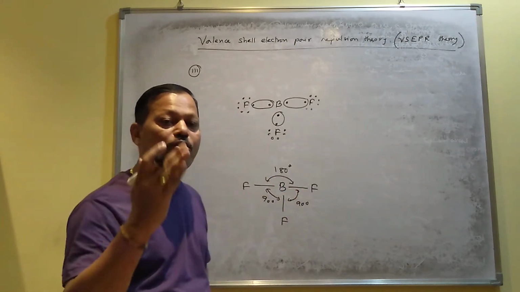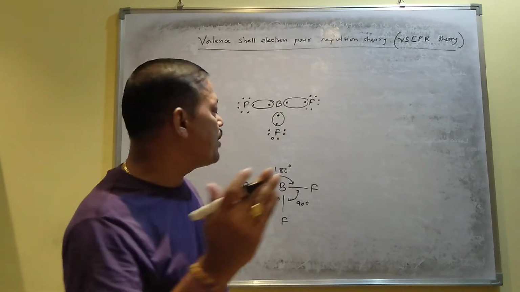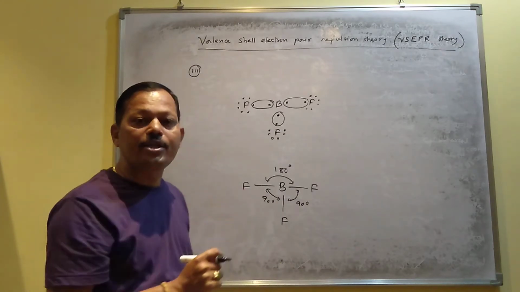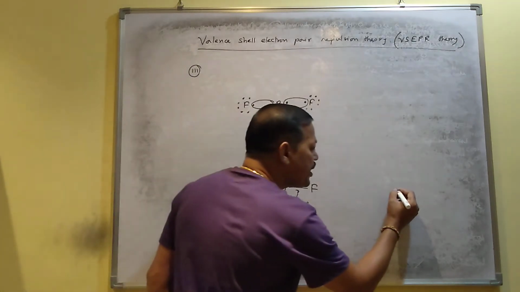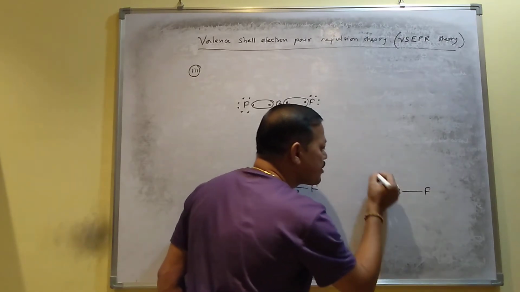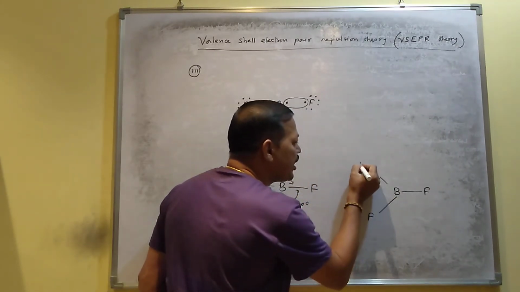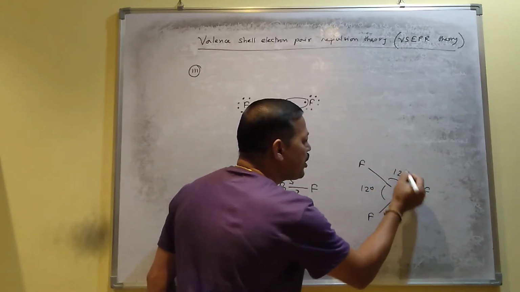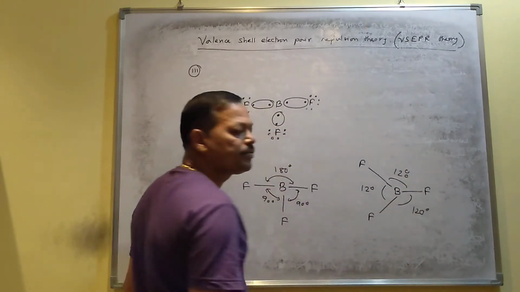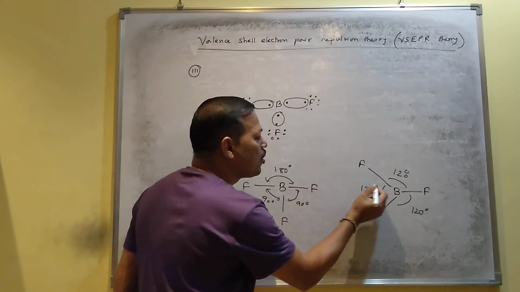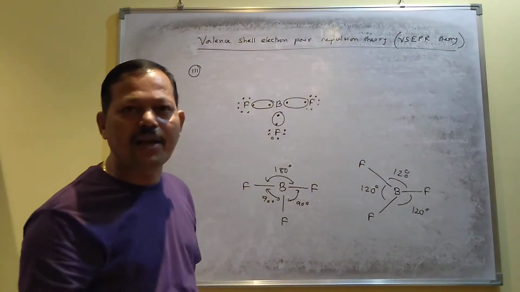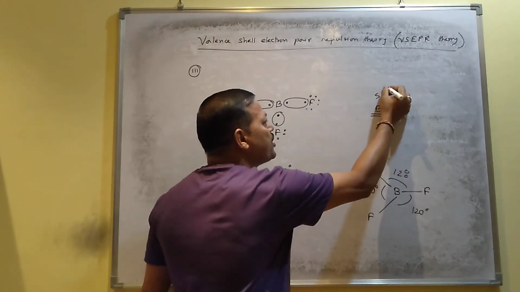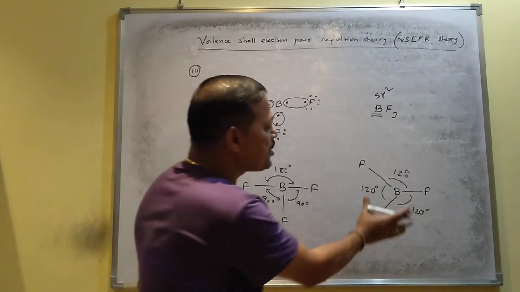The molecule will adopt a shape in which the bond pair repulsion is minimum. Since these are closer, repulsion will be more, and that is why they will move far away from one another, and automatically they will adopt a shape like this, in which all the bond angles you will get equal: 120, 120, 120 degrees. Ultimately, the shape of the molecule is triangular planar. And you know, in BF3, if you find the hybridization of boron, you will get sp2. And sp2 hybridization always gives triangular shape.